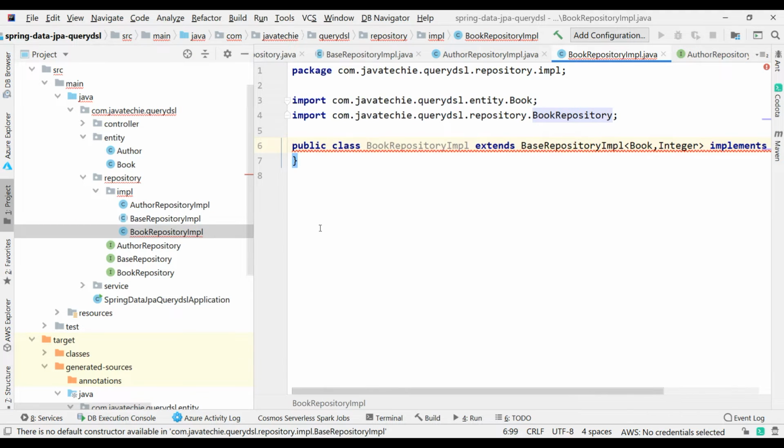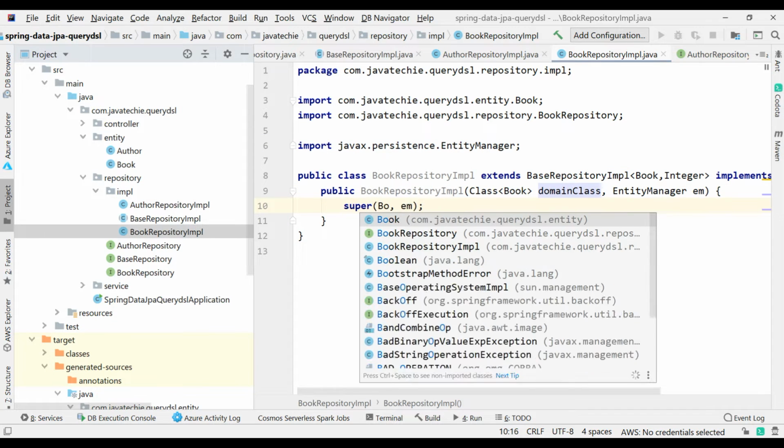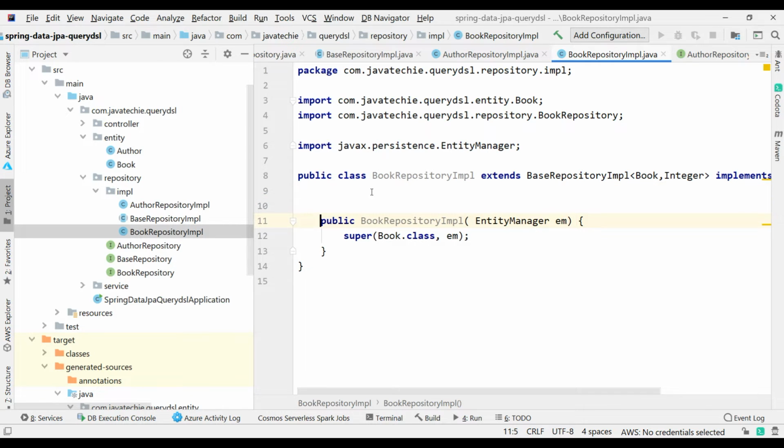Then again we just need to add the constructor, and you can remove the domain class. You can directly pass book.class, so you can remove this particular argument as well. Fine. Now we created this author repository IMPL and book repository IMPL. First of all, we created this base repo, then we created its implementation by making it an abstract class, then we created another implementation, author and book repository IMPL.